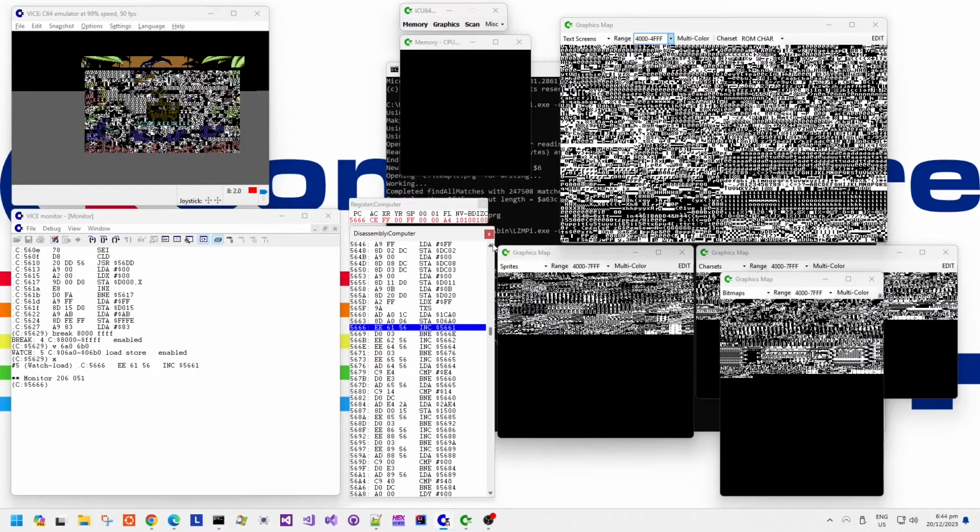Okay, well, it seems to be overwriting the memory that was previously used to store the result of the protection check, so I don't think that we need that ranged watch point there, so I think we can probably delete it. It seems to be moving data from somewhere further up in memory over that lower screen memory, the default screen memories, right? So we'll get rid of that ranged breakpoint,